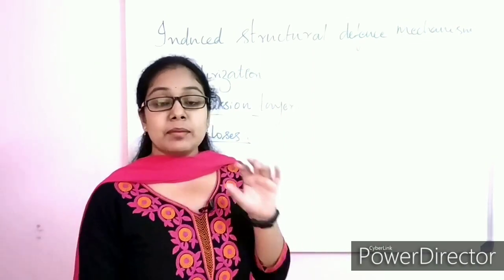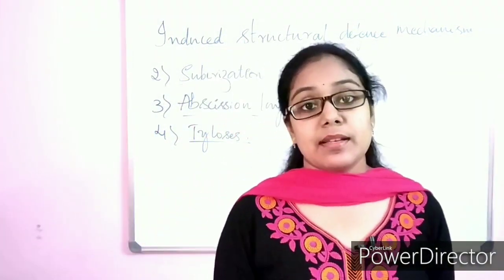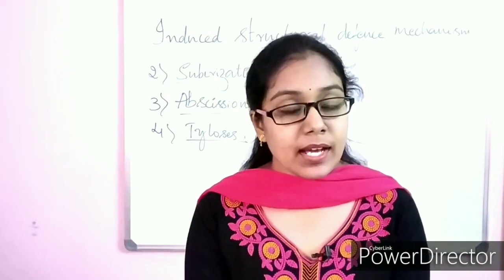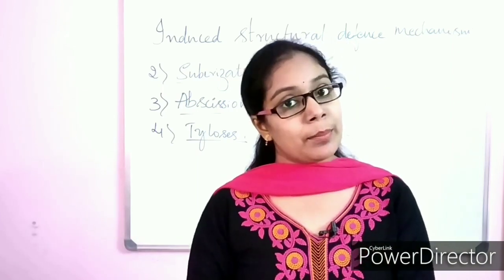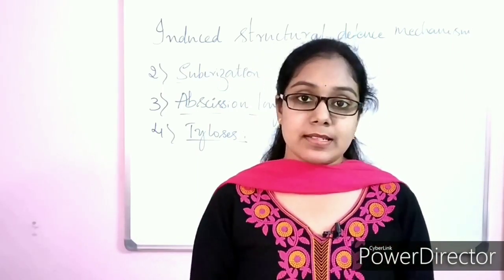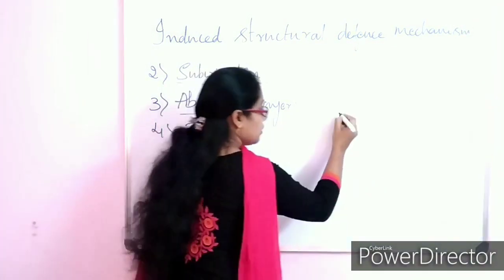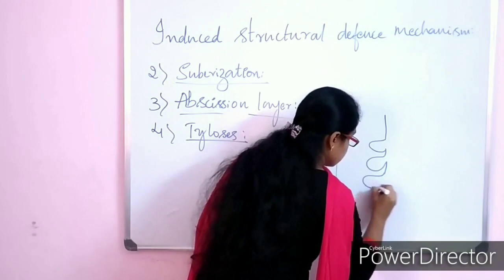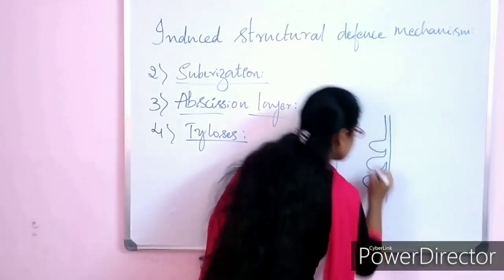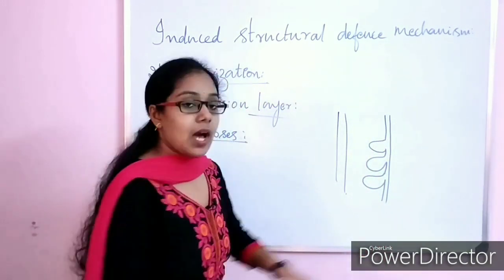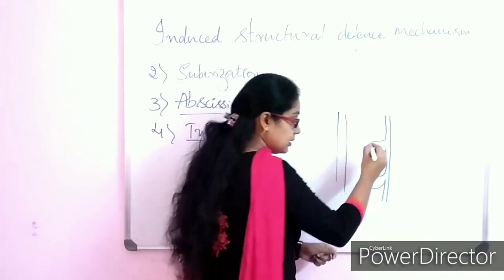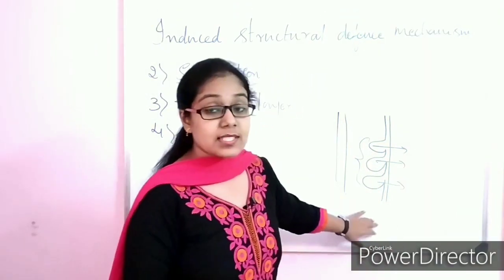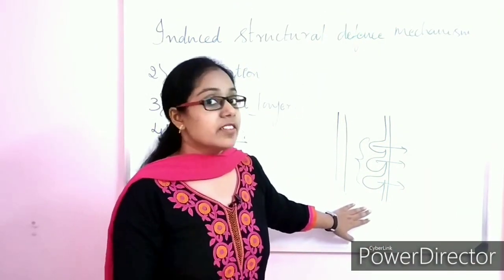These tyloses are button-like structures which are seen in the xylem cells. Tyloses are usually formed by the protrusion of the parenchymatous cell wall through the pits into the xylem vessels. This is how they are formed, and this is how they appear. The number and the size of tyloses definitely block the xylem vessel.